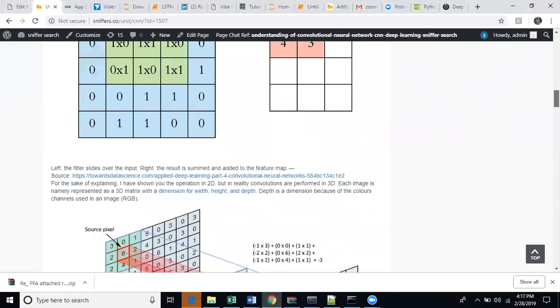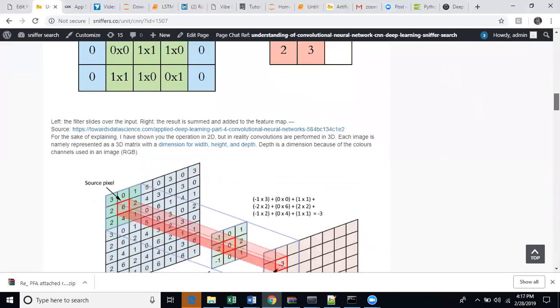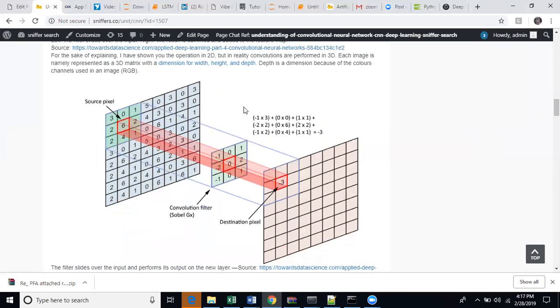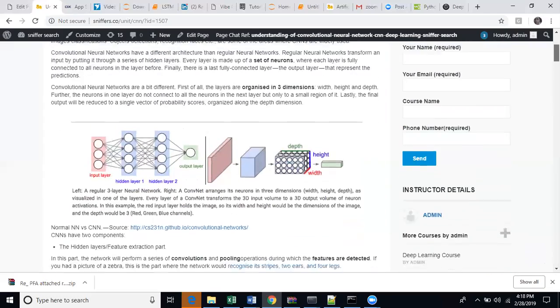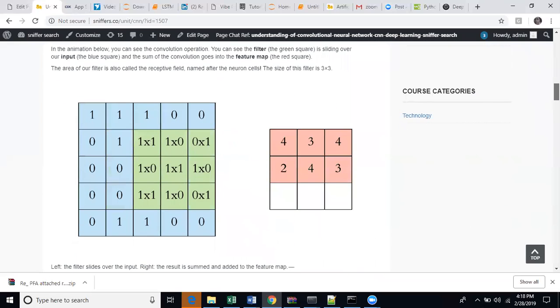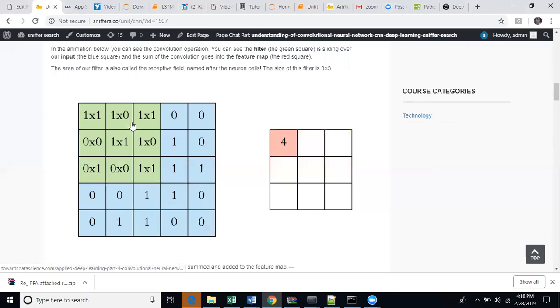It's almost moving once again. Here, if it is showing here, this is a convolution that has been done of, oh, this is not calculated yet. It's moving so fast. So this is